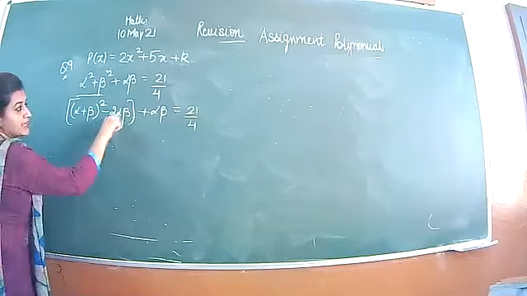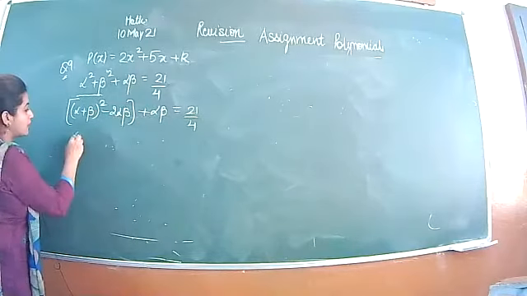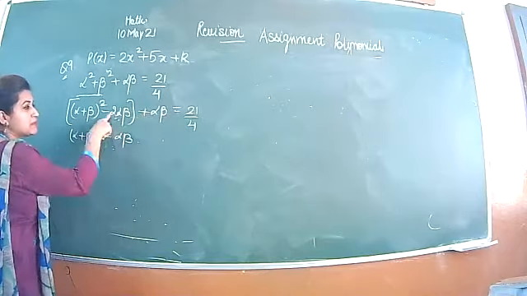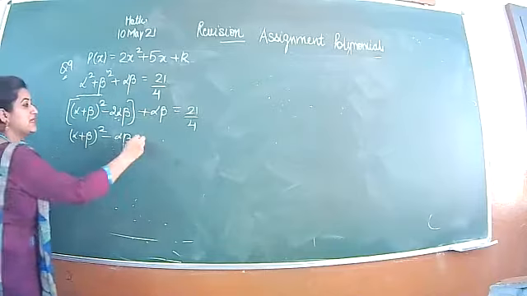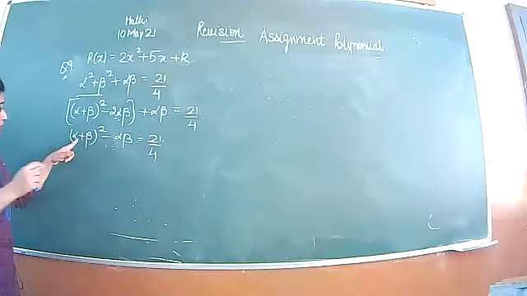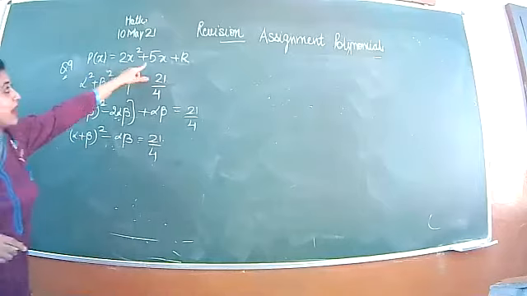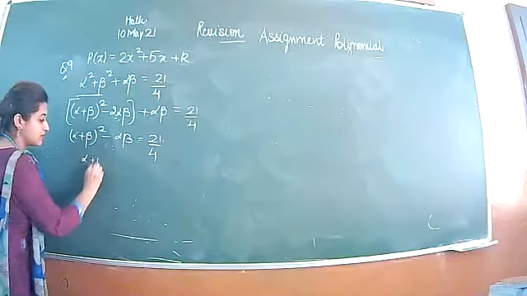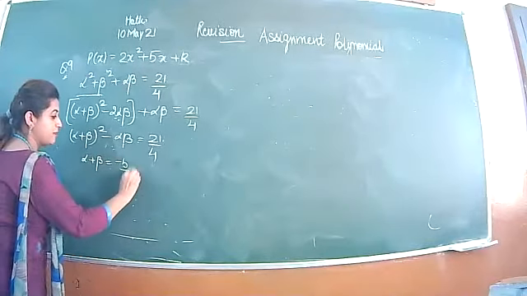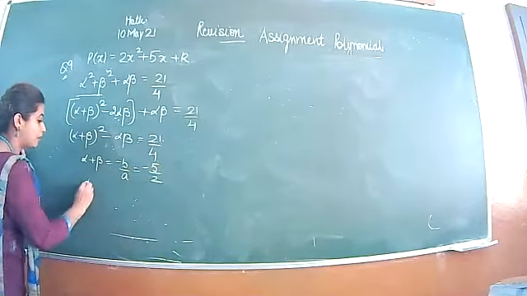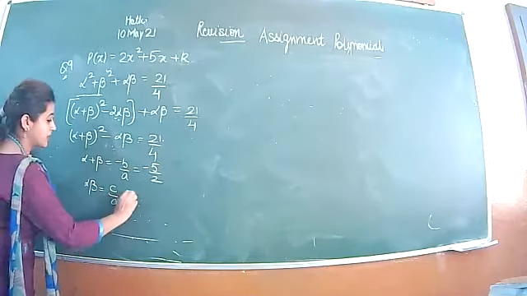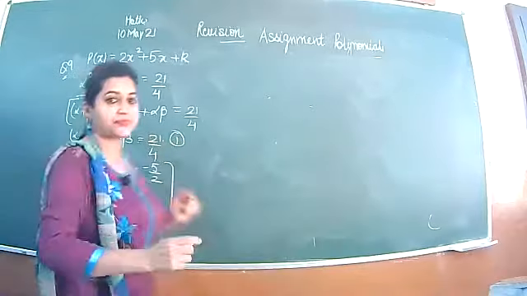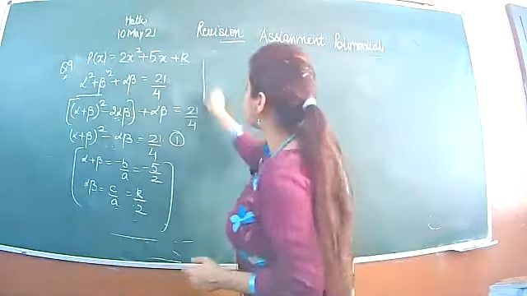Now, these two terms are the same. They are like terms. Solve them. Alpha plus beta whole square minus alpha beta. After solving this, plus and minus, the sign of the greater will be taken. Now, write the sum of zeros, that is minus b by a, minus 5 by 2. So, sum of zeros is minus b by a, that is minus 5 by 2. Product of zeros is c by a, that is k by 2. So, put these values in this relation and solve it to get the missing variable.